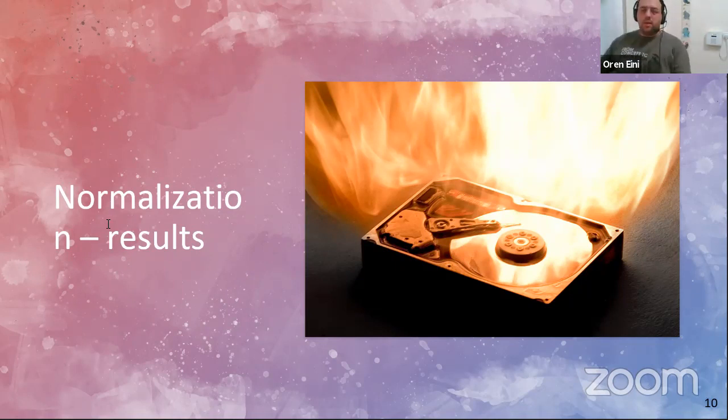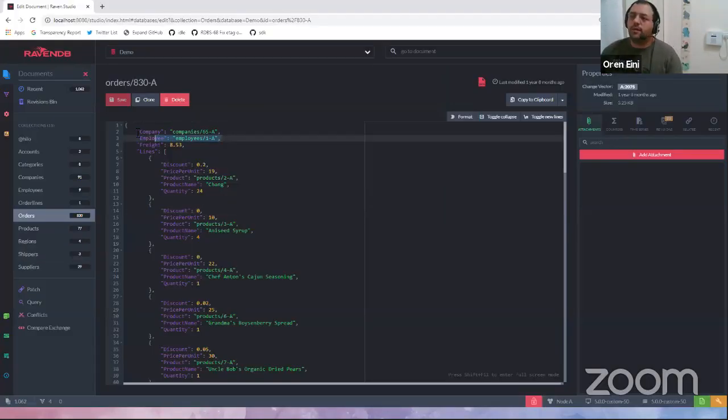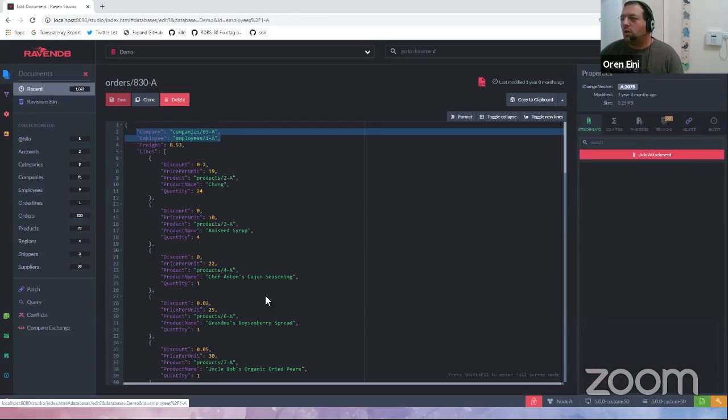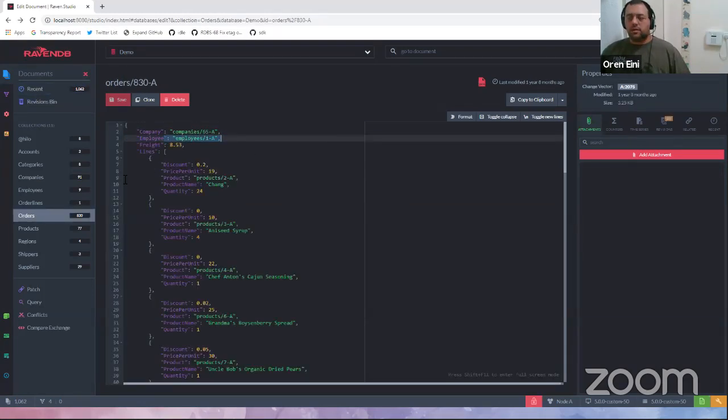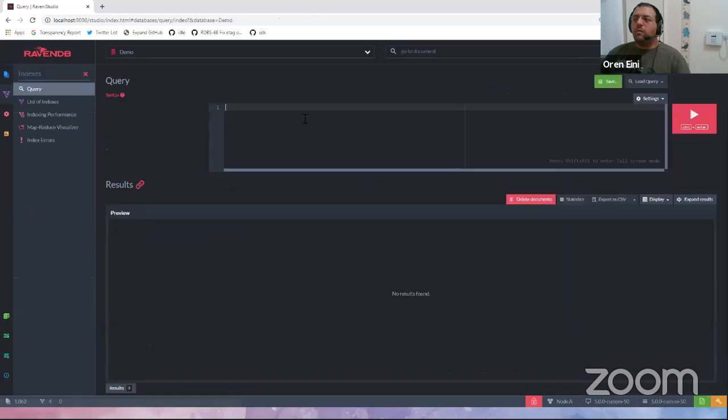Now, there's still an issue here. The order stores the employee as a reference. But why is that? Because if Nancy changed her name, Nancy is not part of the order. The fact that this employee has helped you with this order is important. But the name of the employee belongs to the employee itself. So in this case, I have two types of data. One which stores the point in time, and one where I need the immediate reference. When I'm querying over that,